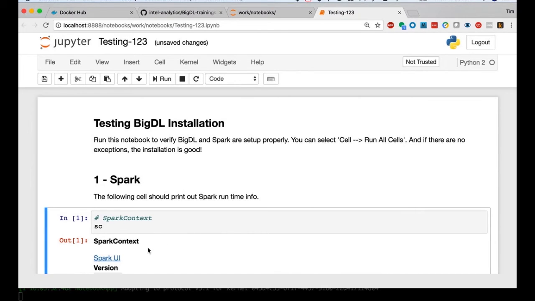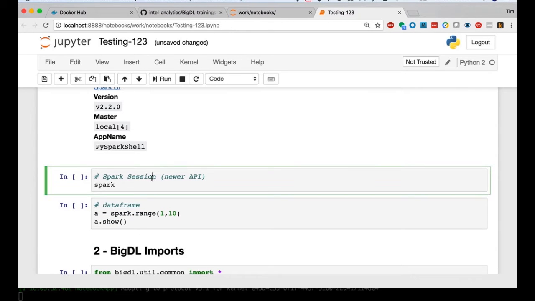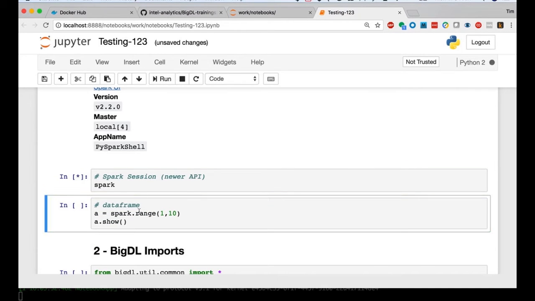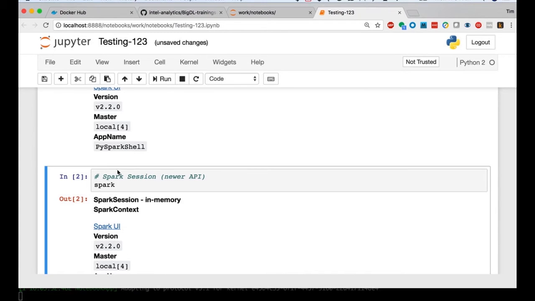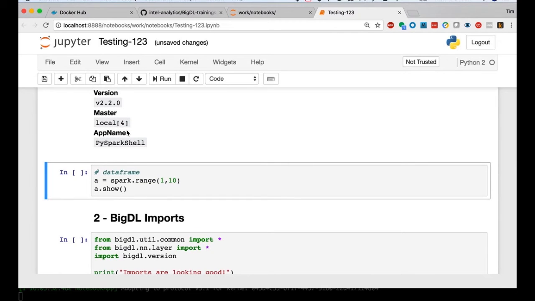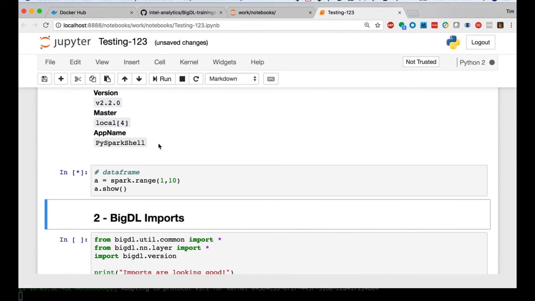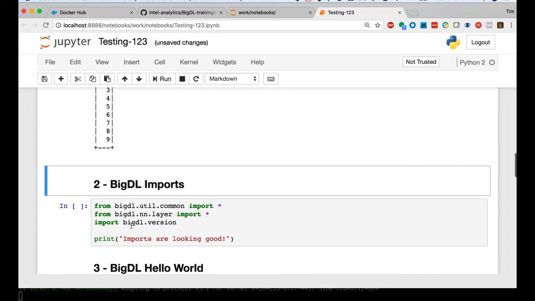That proves that Spark is currently running and operating in my Docker container. And in fact, if I call the newer API for Spark, which you're probably familiar with if you know about Spark, the Spark session object, again, this is saying that I have my Spark running. This is going to be a Spark data frame that it's going to set up within my Spark framework. So you can see that I have that here.